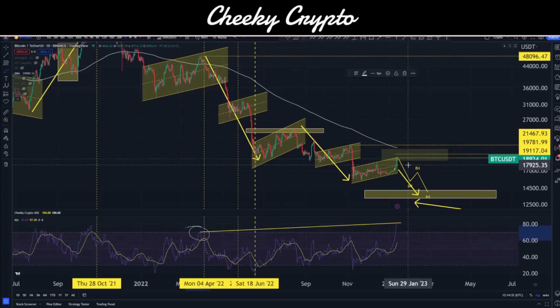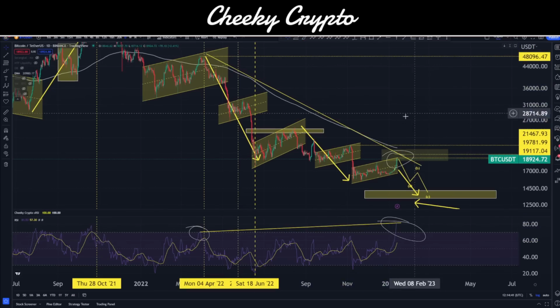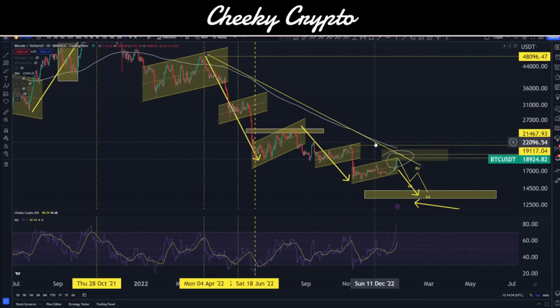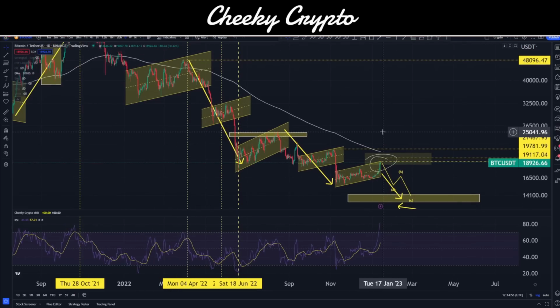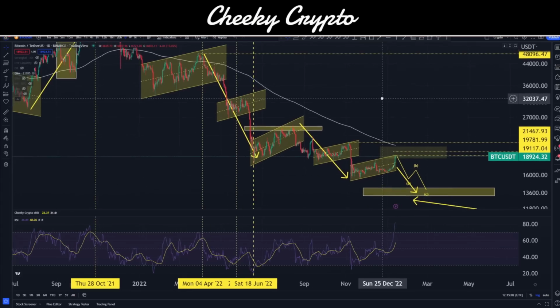Now, where we are right now, obviously, is up in this top end of a parallel channel, and overbought on our RSI. This is bearish divergence because what we actually have is price setting up lower highs whilst the RSI is going up into higher highs. That is divergence. It's different. And we should be expecting massive collapse here when it comes to Bitcoin, in my humble opinion. Now, that's going to split opinions because obviously there's lots of chatter and lots of noise about being in a bull market. And I think people eventually will learn that this is not what happens.